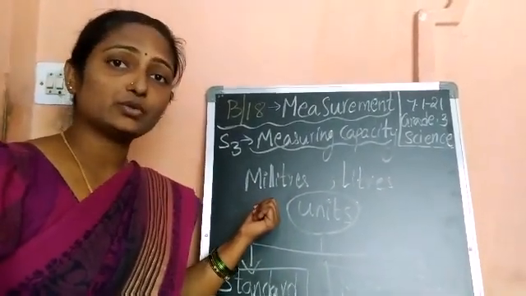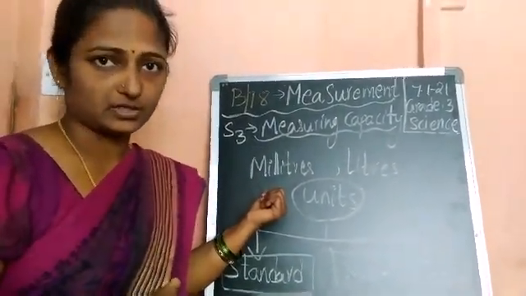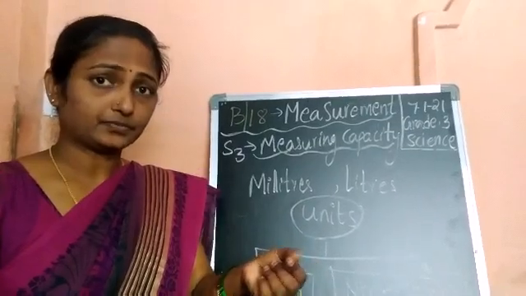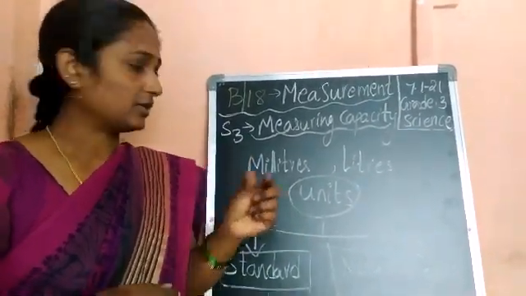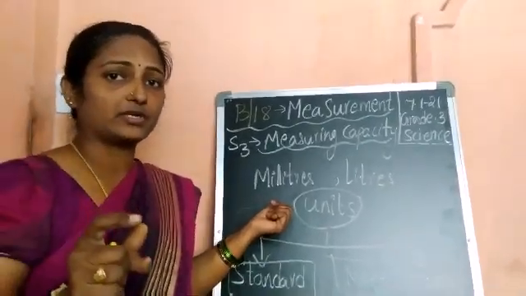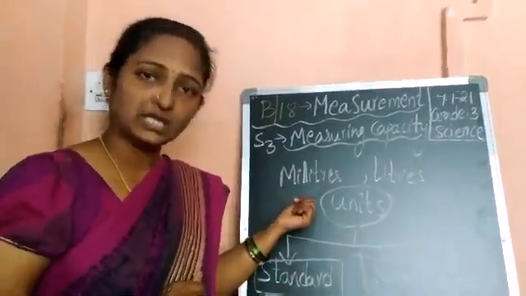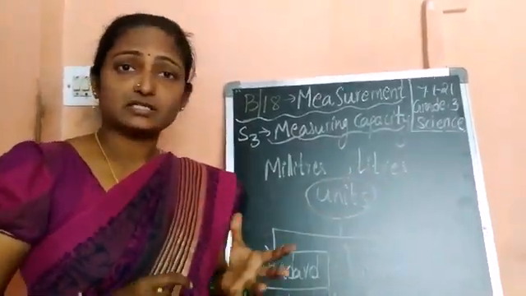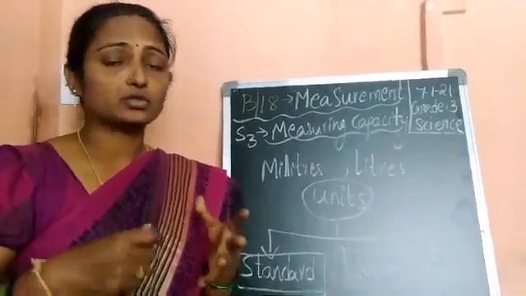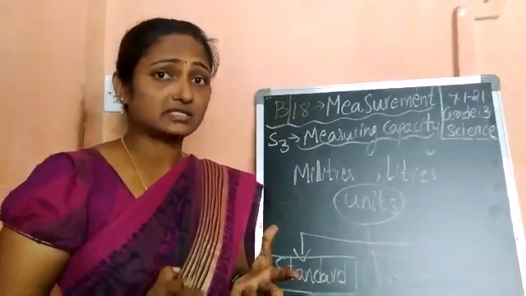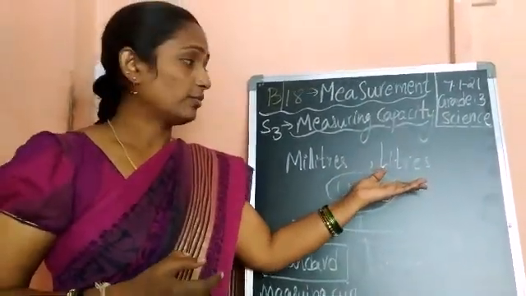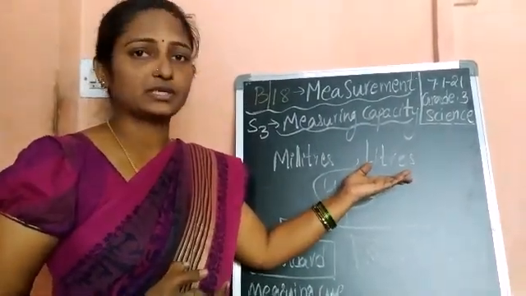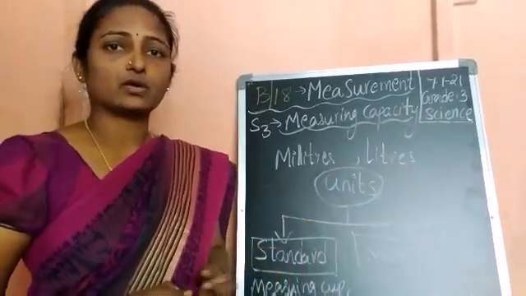These milliliters we will use for very small volumes. We will use it to measure a spoon of syrup, or a small cup of syrup. So for very small volumes, we will take milliliters as units. Whereas for liters, a liter of milk, 1 liter of milk, 2 liters of milk, 2000 liters of water. To measure larger volumes of liquids, we will use liters as the unit. Okay, children, now take out your readers.